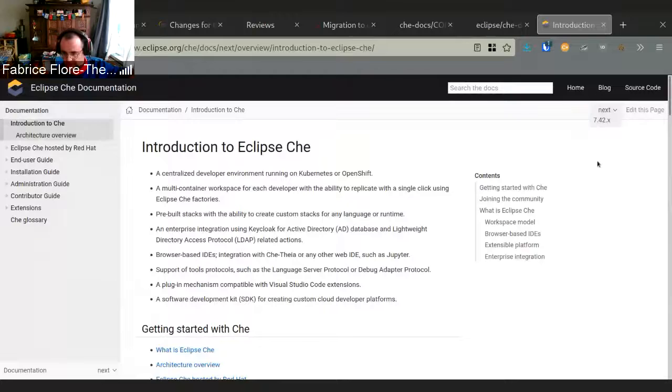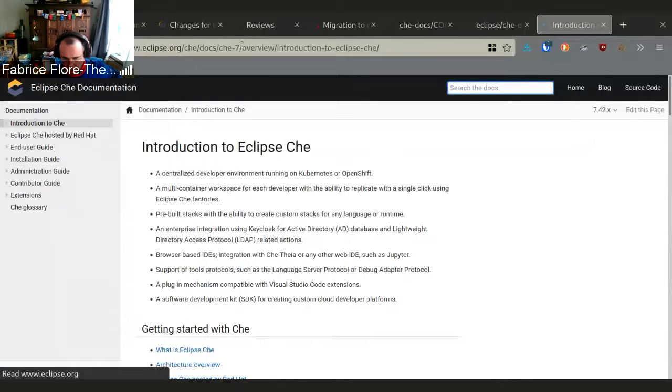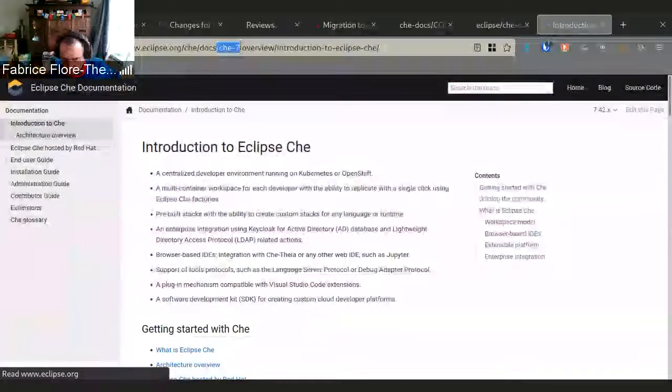So we will keep 7.42 with the version in the URL. 7.43 will be the first version where we will have stable in the URL.